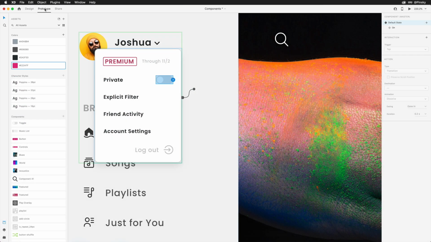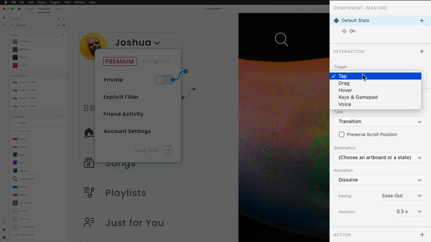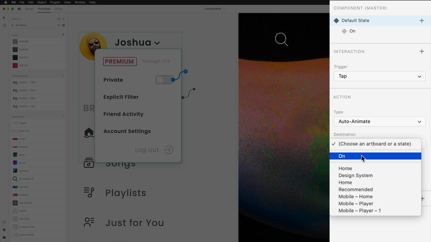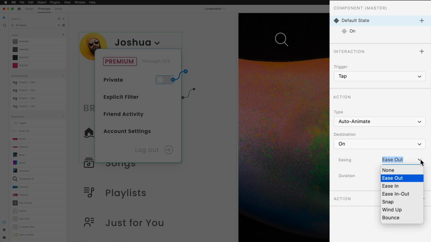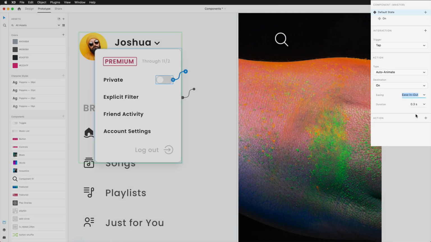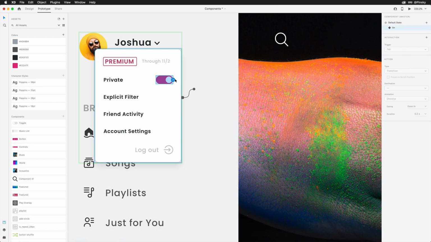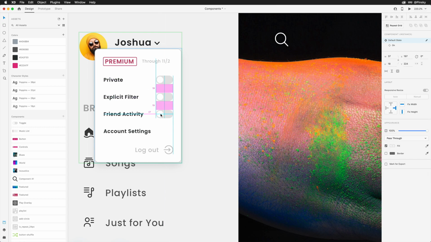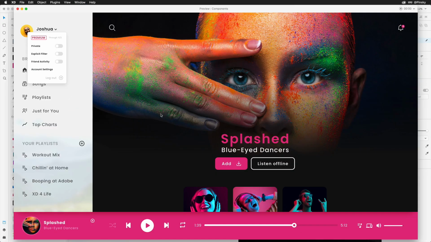Unlike with artboard to artboard interactions, since we can cycle between states, I'll want to simply click on the blue handle, and then make sure that tap is the selected trigger, and auto-animate is the action. I can now select the state I wish to transition to, and tweak the easing options if desired. I can also select the second state and set up an interaction back to the first. With the two states now wired up, duplicating it or dragging out a new one from the Assets panel will keep them in place, so I don't need to redo them each time I want an animated toggle.